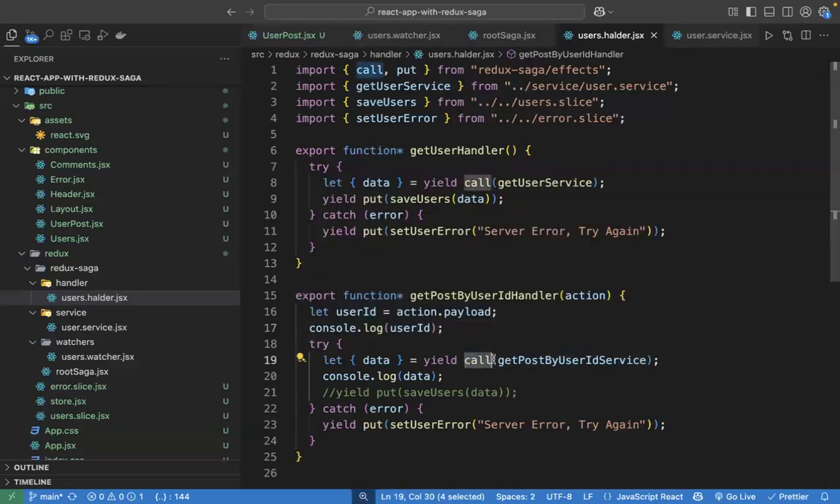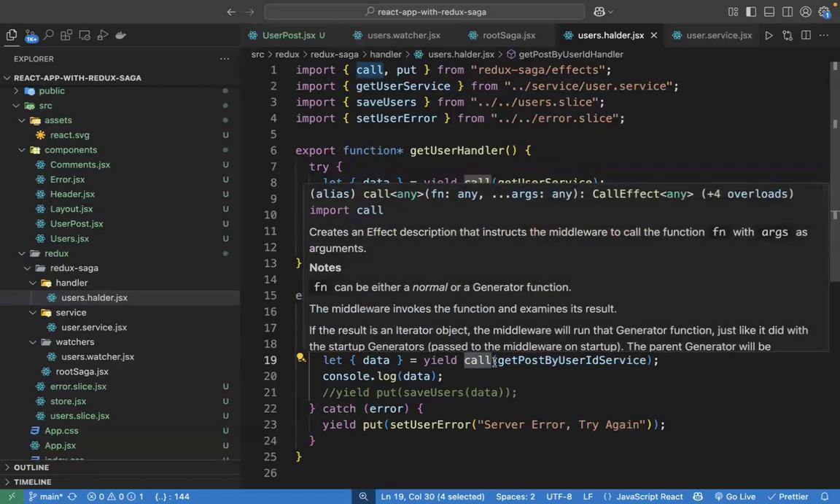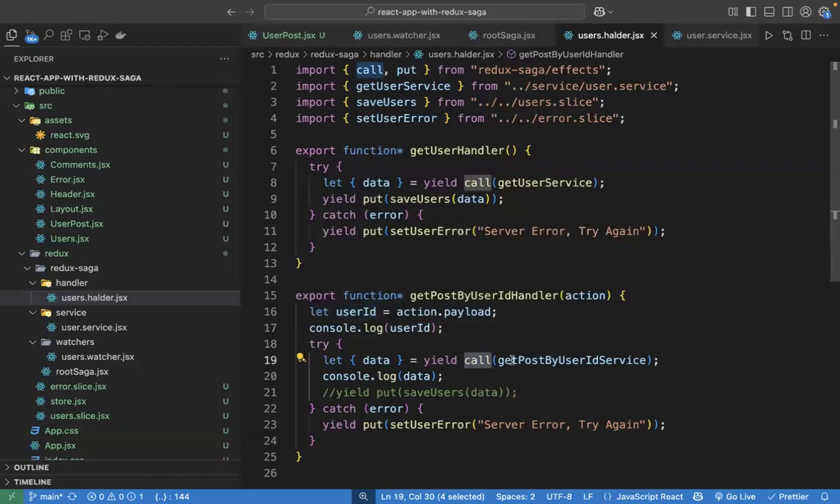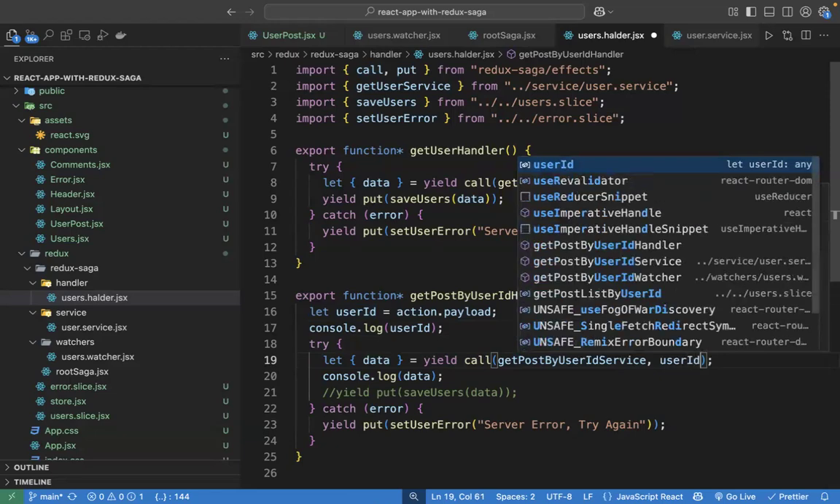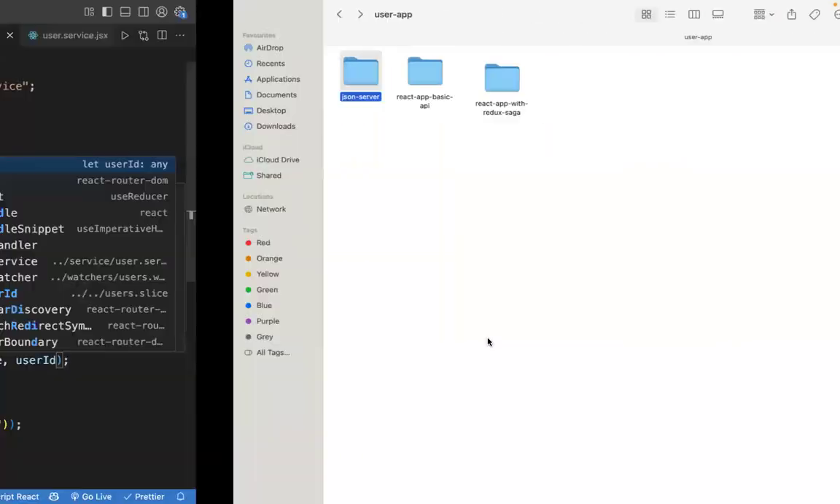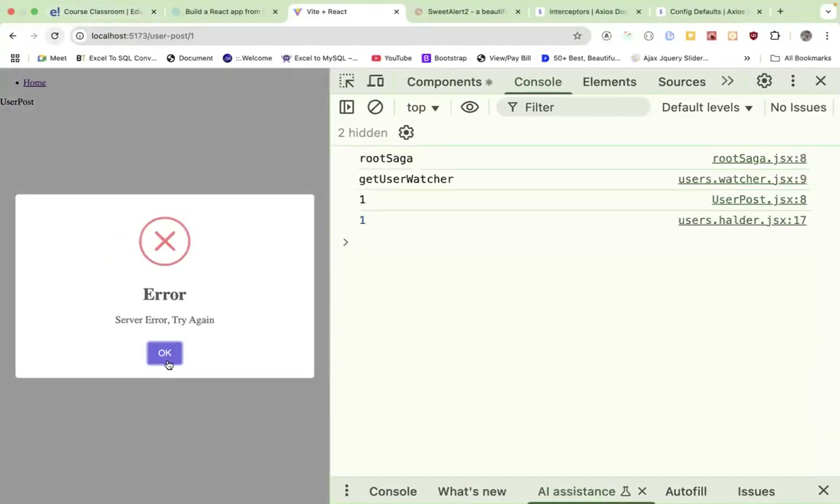Now, try to understand. This is a call method. In JavaScript, we have one more method called the call method. It is the same scenario. So we will pass the first parameter as a function definition. Second is going to be the argument of it. So I just say user underscore ID. And now you will be able to see that if I refresh the page,